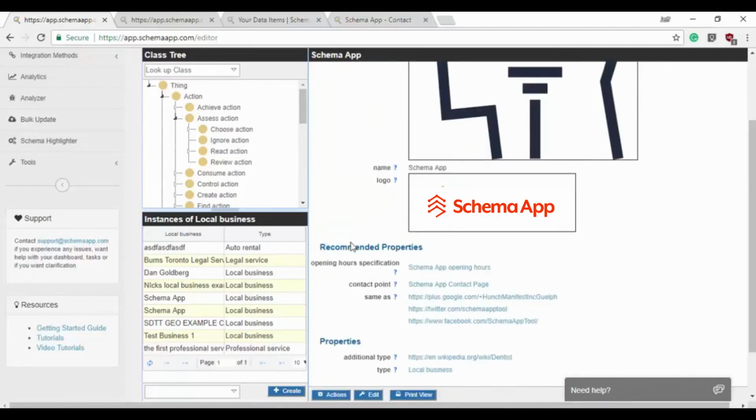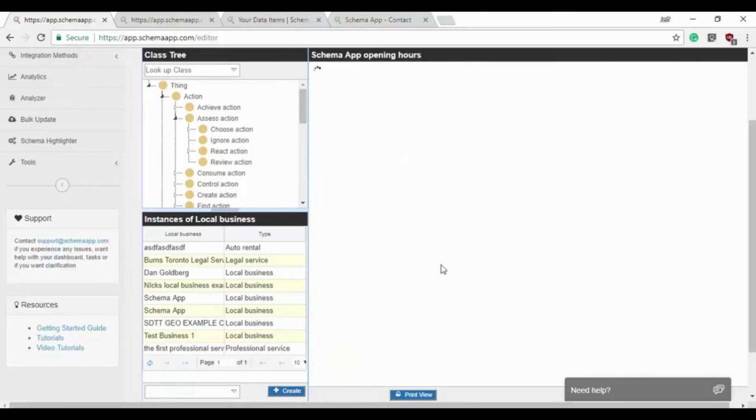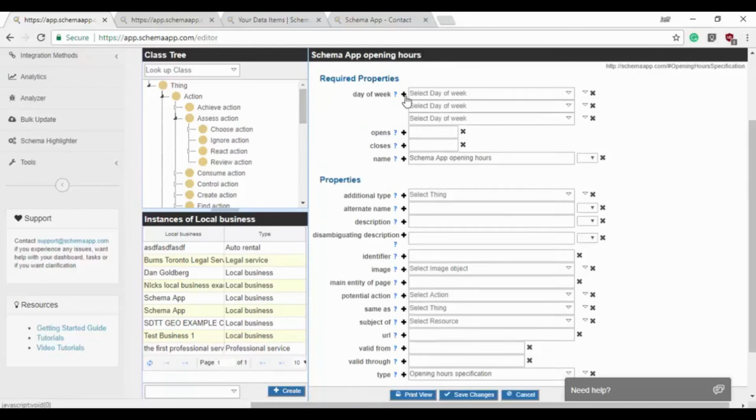And we might want to then go and fill out our opening hours data item. So we would click to open that as well. Again, so far it only has a name. So we would click at it,